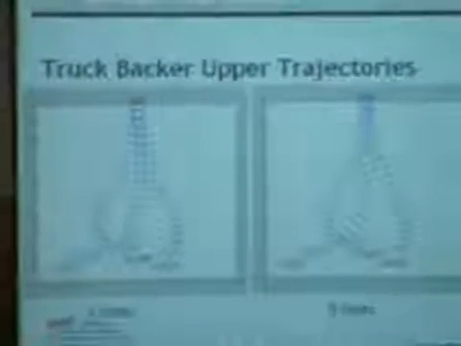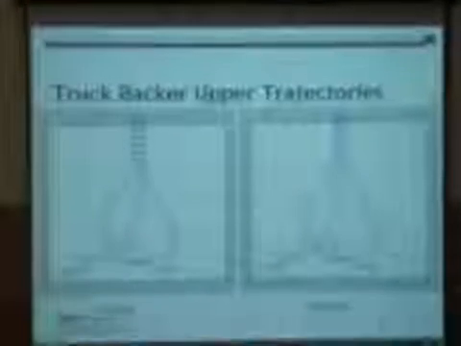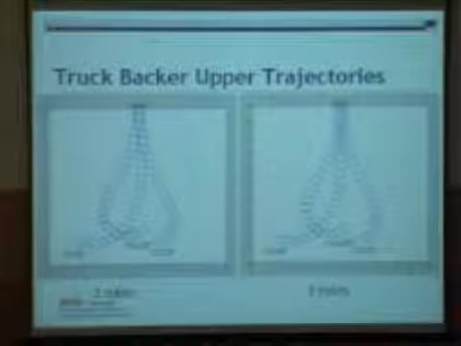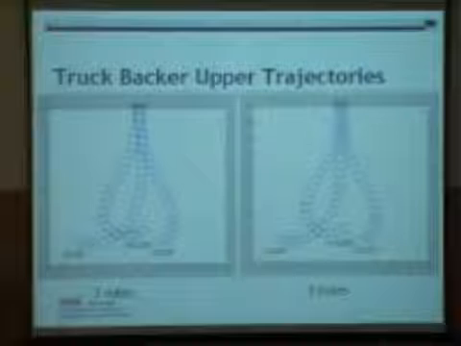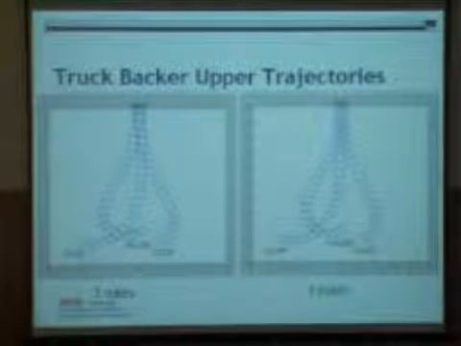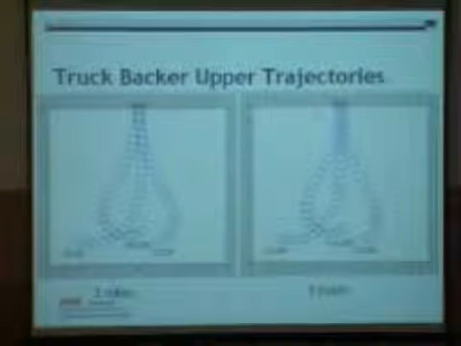It backs up the truck to the loading dock quite accurately. In fact, it has a very high degree of accuracy of backing up the system in just 3 rules. This is a 5-rule system, but then we reduced it to 3 rules, and we also get very accurate backing up trajectories. But there's another aspect I want to highlight, and that is the fact that when you're developing computational